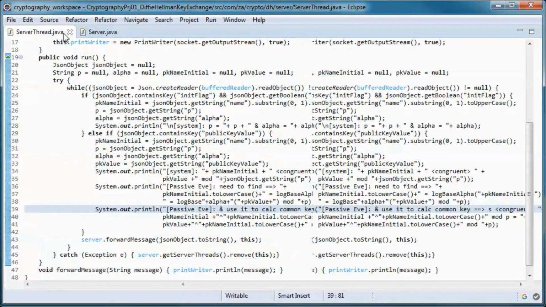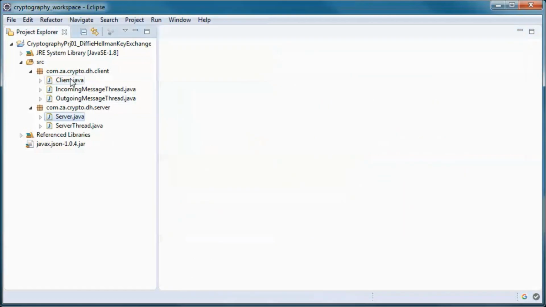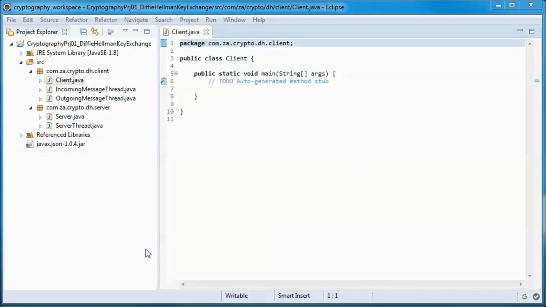So this should do it for the server side, and next we'll do the client side.